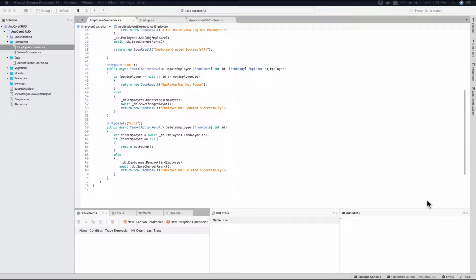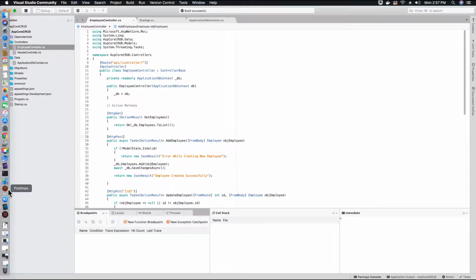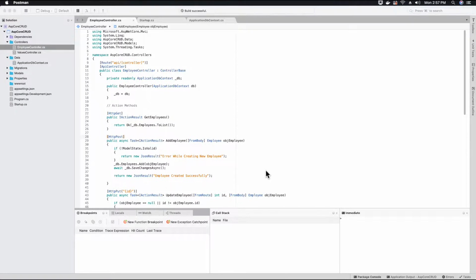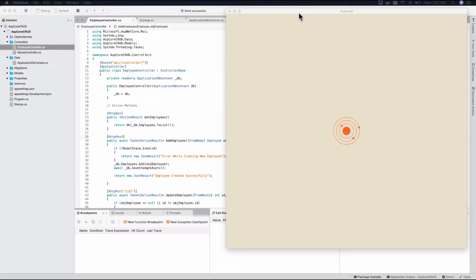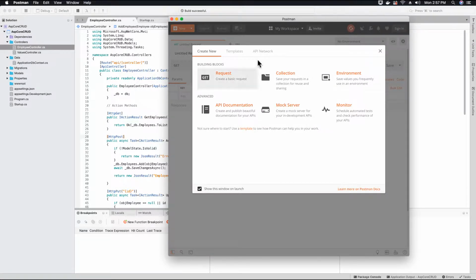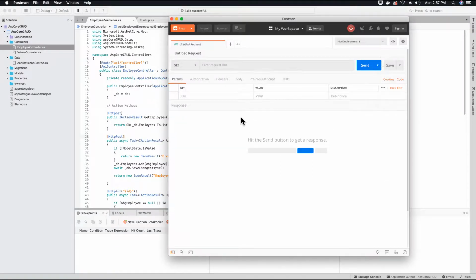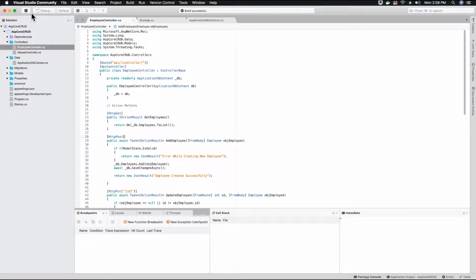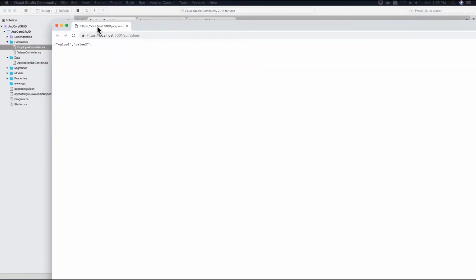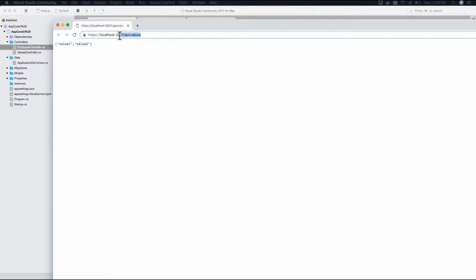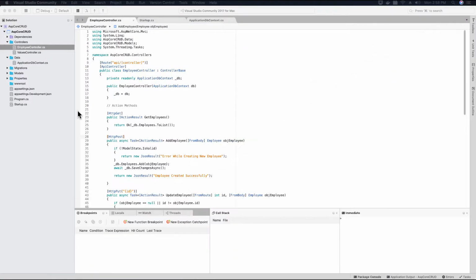In this video tutorial, I will show you how you can test the APIs that you created using an application called Postman. Postman is an application that's free and it's available to download. All you have to do is download the application for Mac and then just run it, and then you will have something like this. You can close this, and then all you want to do is go ahead and run your application. Once your application is up and running, copy the port number,